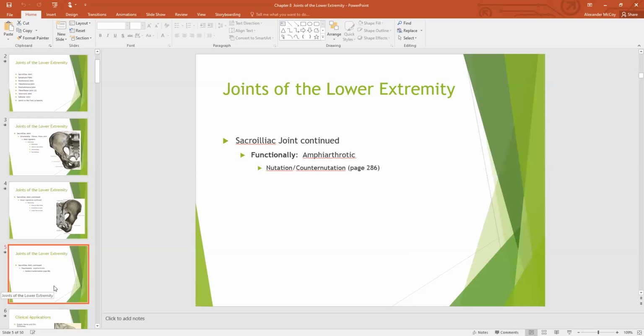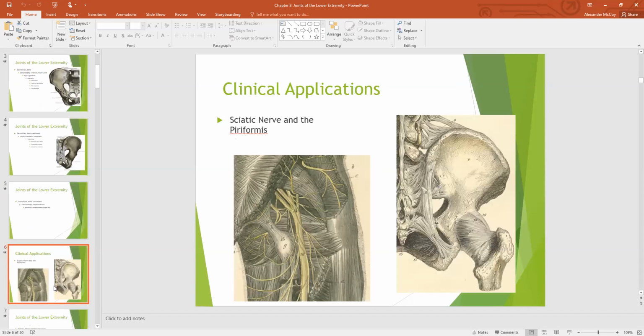It's amphiarthrotic functionally, but remember, you have counternutation and nutation of the sacrum. What does that mean? That basically means that your triangle butt bone, that triangle middle sacrum bone we've talked about with the axial skeleton, can almost tuck under like a scared dog's tail or stick out. So it can nutate and counter-nutate as we move. And so at that SI joint, we do have movement due to that counternutation and nutation, as well as